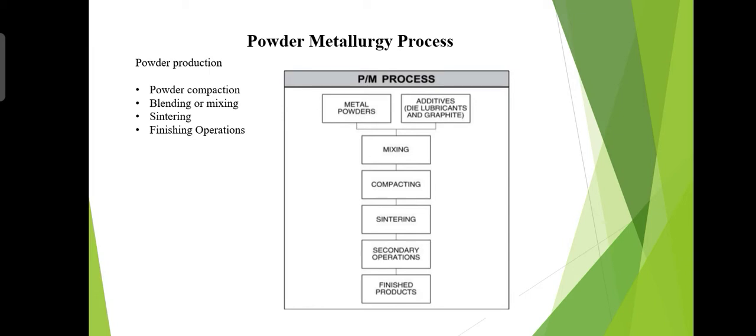In this lecture, we will discuss the powder metallurgy process and how to produce powder in the powder metallurgy process. But before starting this, I want to tell you something about the powder metallurgy process. Powder metallurgy is a process of making parts from powders of metals or metal oxides and blending